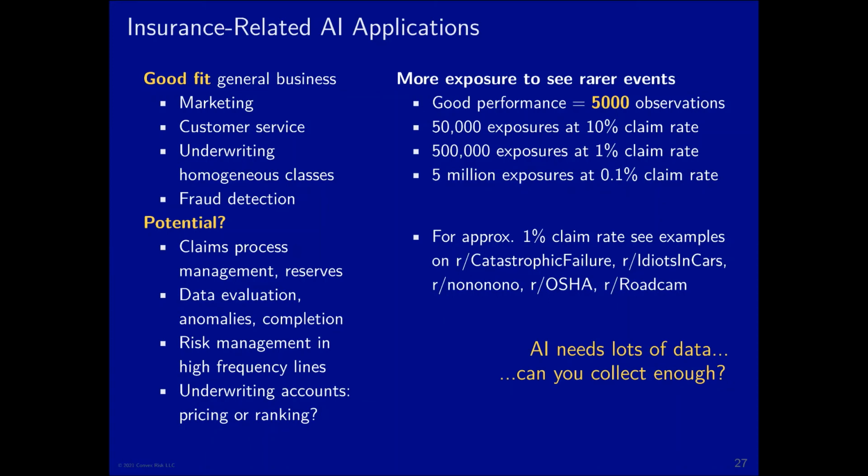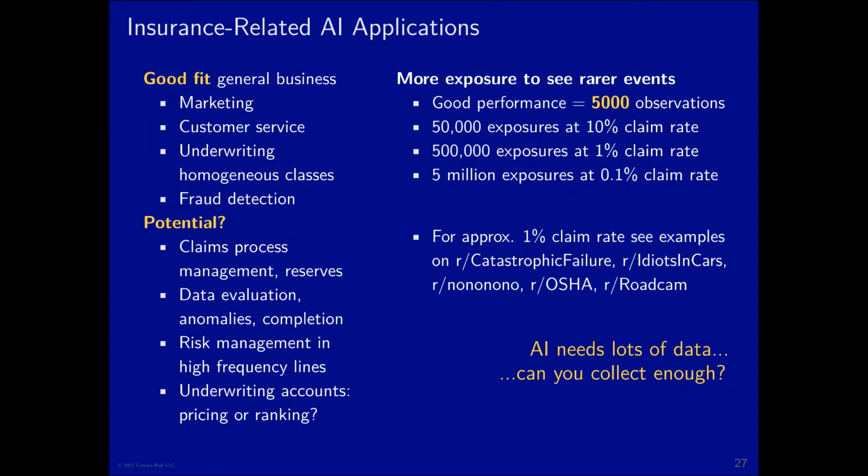It's an important thing to triangulate. So remember, we said to get good performance from a classifier, you want about 5,000 observations. So you want to see 5,000 claims, basically. We want to classify people into maybe high claim likelihood, low claim likelihood. So we need to see a decent number of claims.